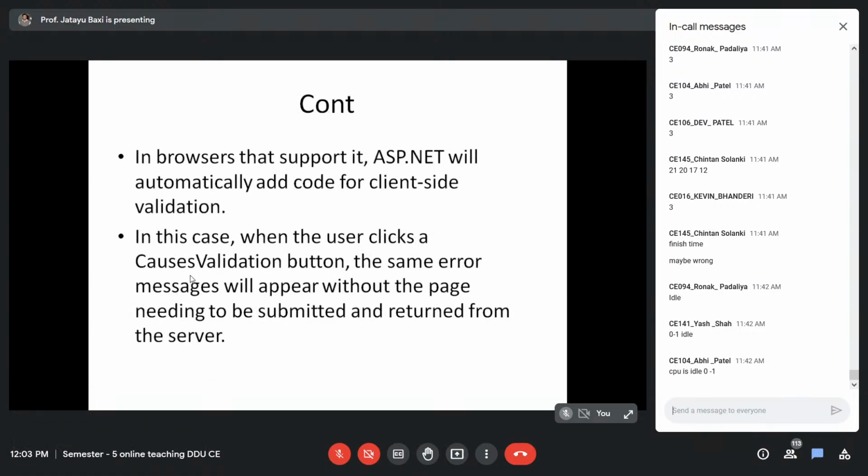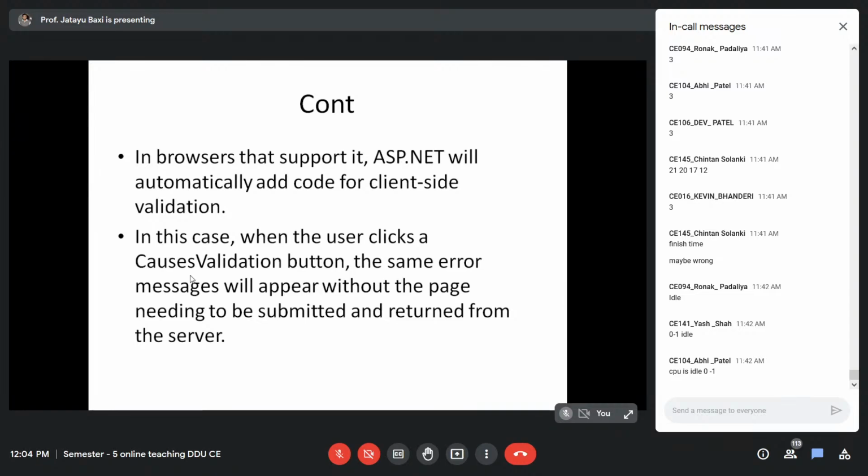Now, one more interesting thing is, in the browser, ASP.NET will automatically add the code for client-side validation as well. Okay. So, what is the meaning of this? The meaning of this is that even though the validation controls are on server side, ASP.NET will also add the corresponding logic for client-side validation.